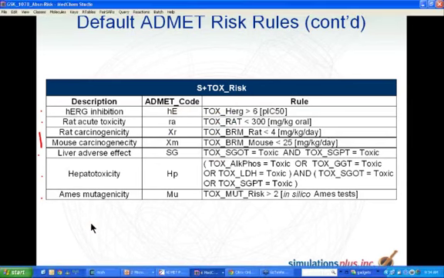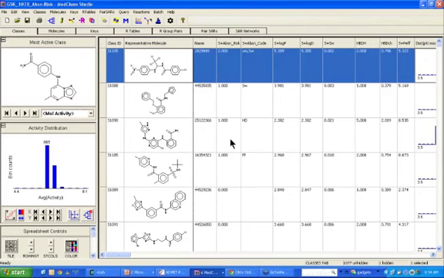So again, we look at the subset of about 1,000 compounds from GSK. So this top row here, the absorption risk is 2 for this particular compound. The code is octanol water and water solubility. The predicted log P is 5.3, so that's on the upper bound, similar to Lipinski's rule. And then the water solubility is only 2 micrograms per milliliter, so this is predicted to have low solubility, and